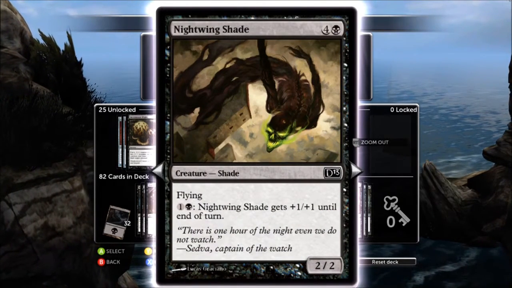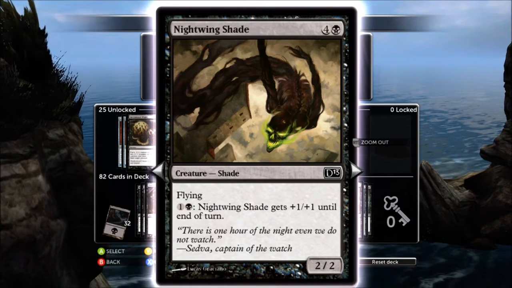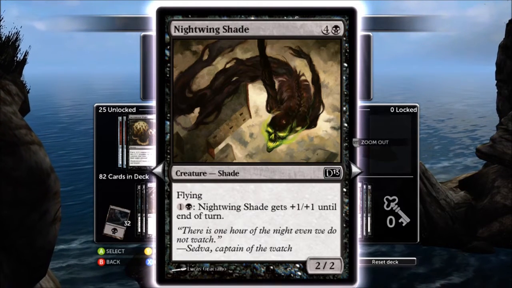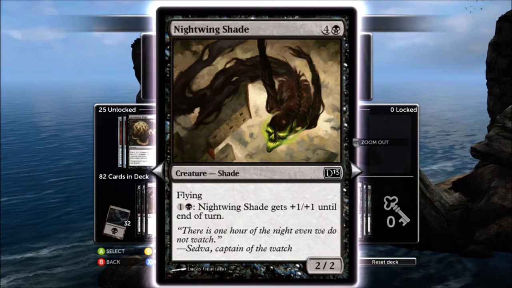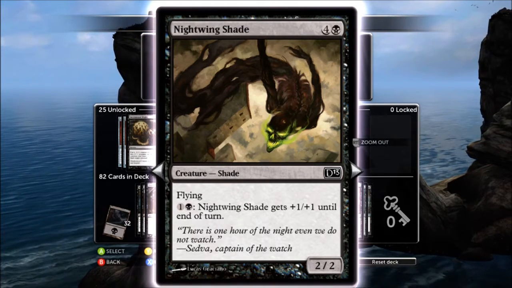Nightwing Shade is so expensive. If he cost less initially, maybe I'd play him. If he pumped for 1, maybe I'd play him. 5 mana to get a 2/2 on the field, and even though he is a Pump Shade, and even though he is evasive, which is just awesome. Like, this guy's good if you get him on the table. The problem is...